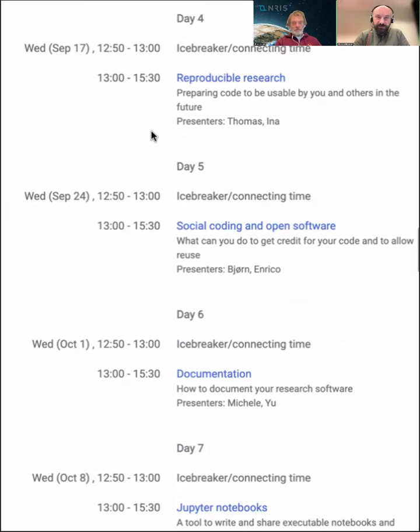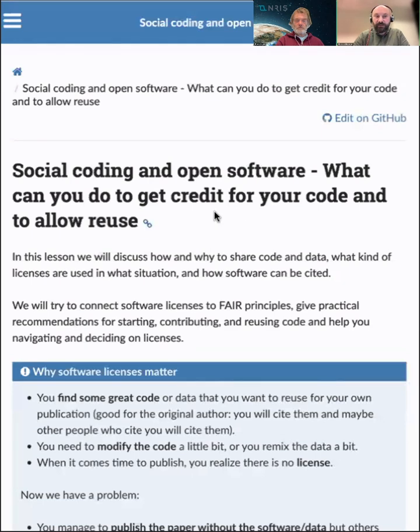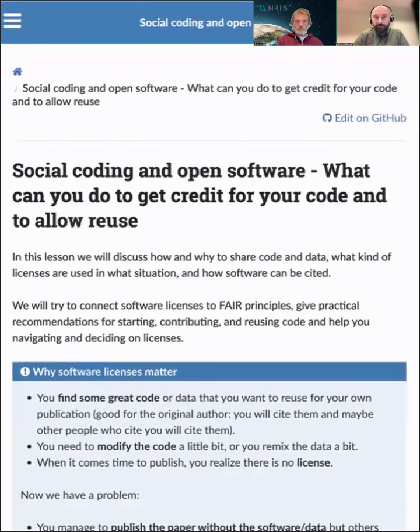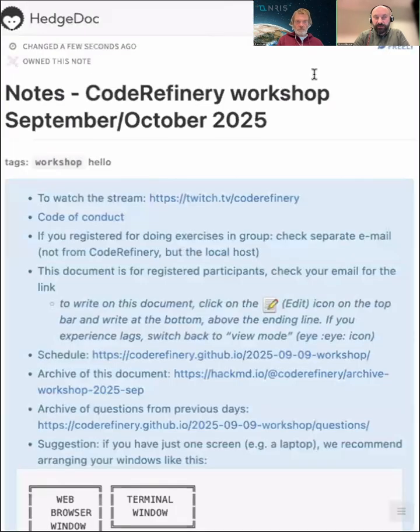But anyway, I'm now showing the homepage of the workshop, and today is day 5. If you click on the link that says social coding, this will be the materials for today. A quick reminder that we have been using this notes document that you should have just received via email. If you open this notes document in a browser window, there's a pencil at the very top.